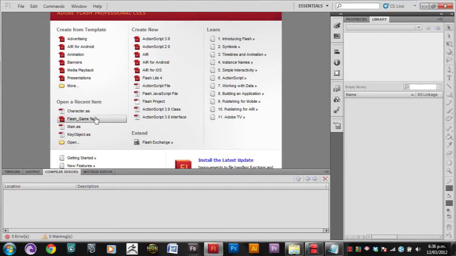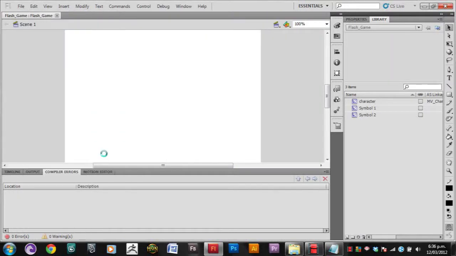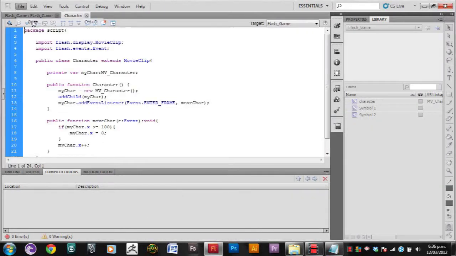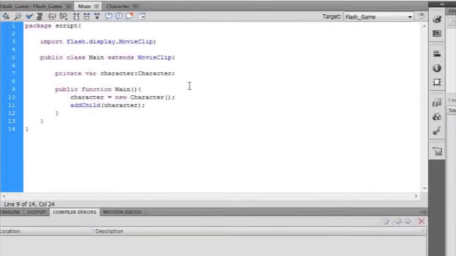So let's get started. Open up all your Flash files, so Flash game, character, and main. Alright, so in order to start off we're going to have to make sure that main is able to access